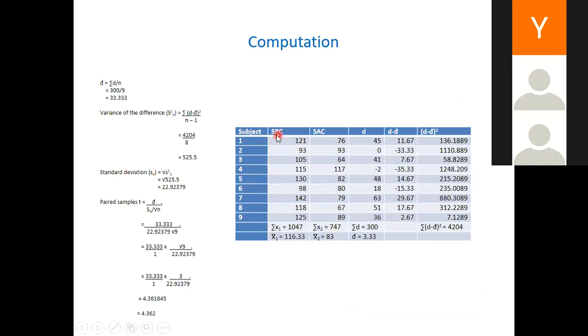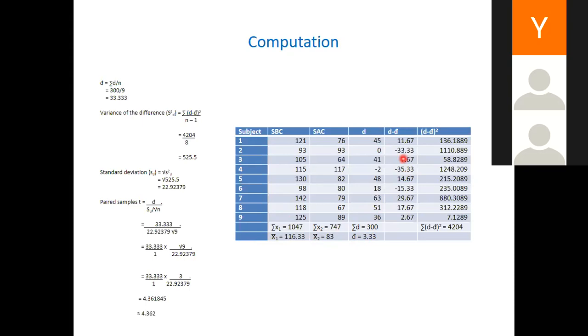Look at the table. Before, after. The difference, you now remove this, you subtract after from before. In subtraction, it may be before from after, it doesn't really matter. But there's a difference, you remove. This is the D. Now calculate this, the mean of the difference. Can you see? The mean here is the mean of the difference. Even though there's a mean for each group, that's not what you use. But what you are using is the mean of the difference, denoted by D.